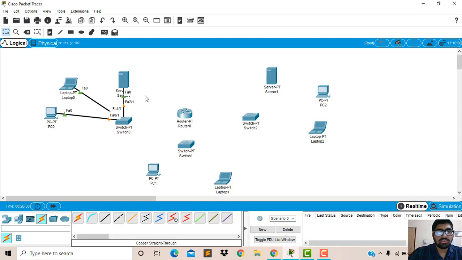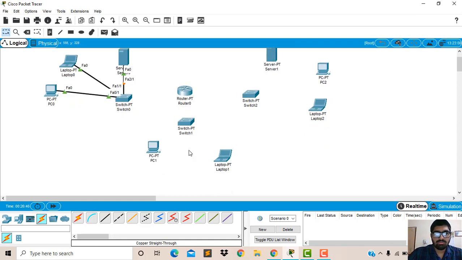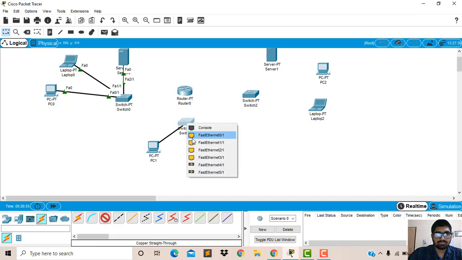Now the laptop, PC, and server are connected to the switch. Then we come to the other PC, laptop, and switch, connecting them using Fast Ethernet.